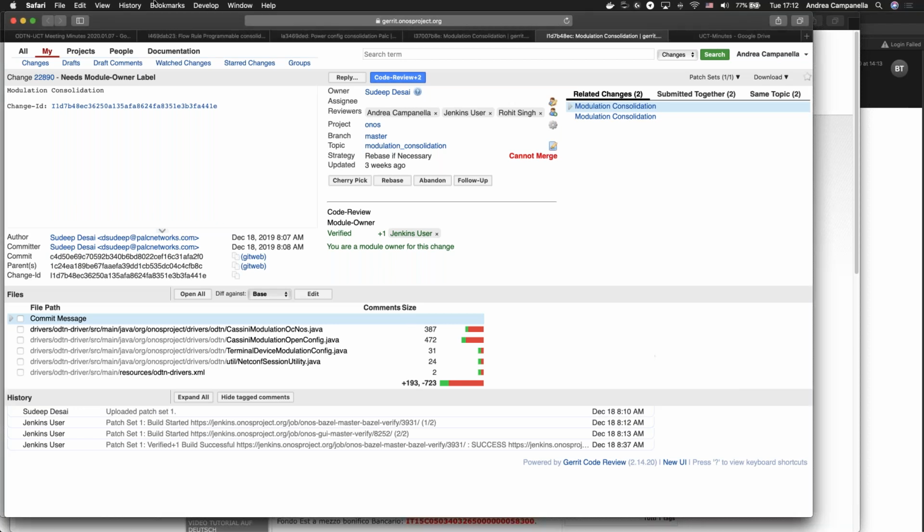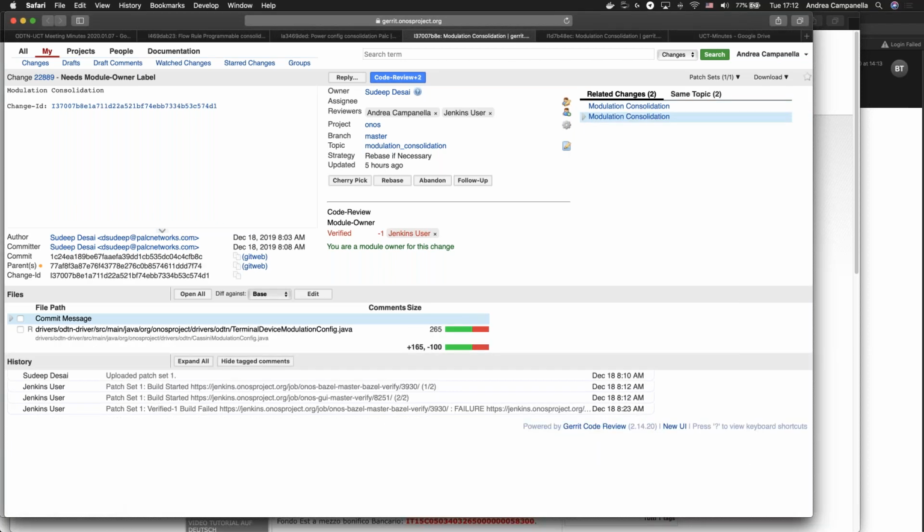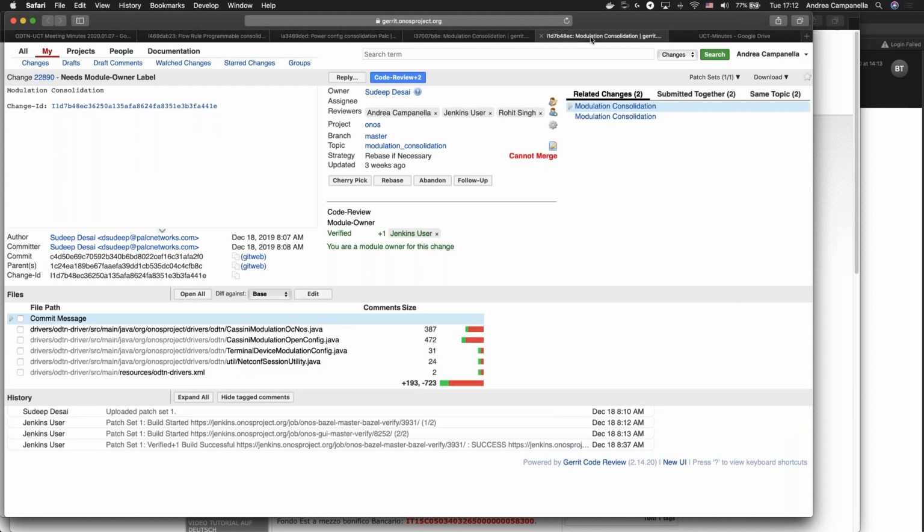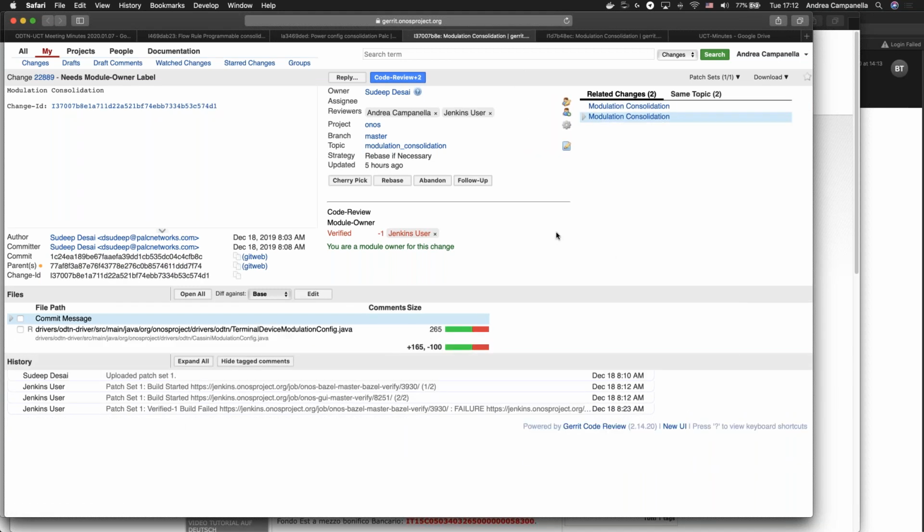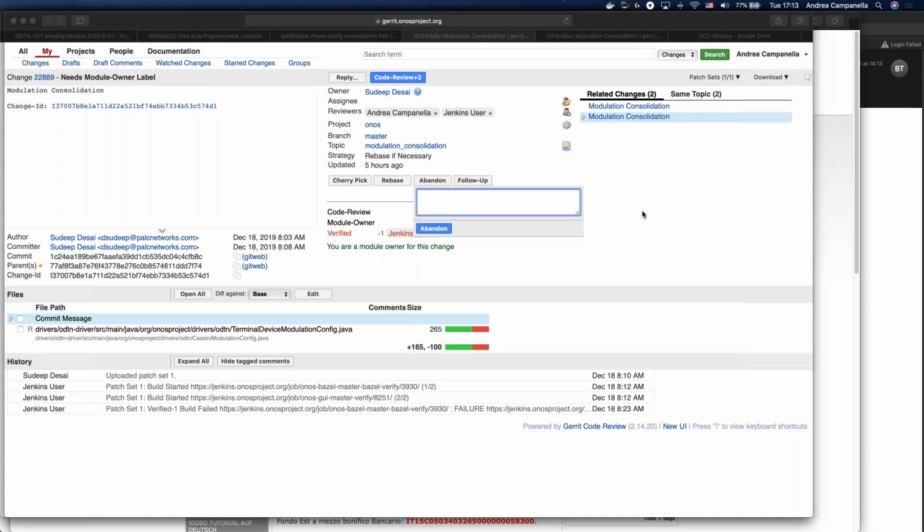The first commit had no files; we had committed only one class that was existing. The second commit has all the files. So the first commit can be neglected, meaning that this can be abandoned. No problem. Yeah, exactly.